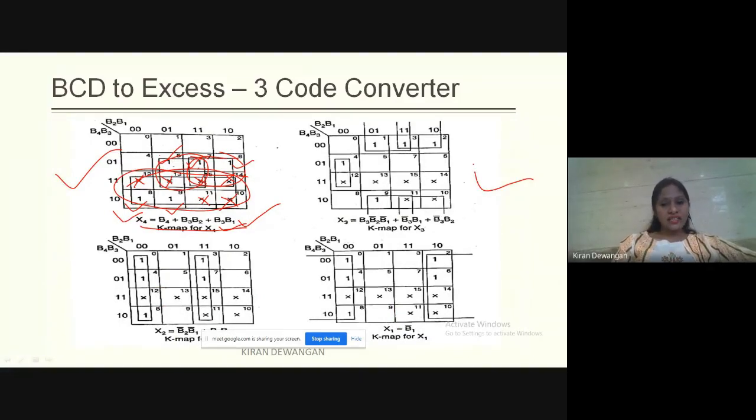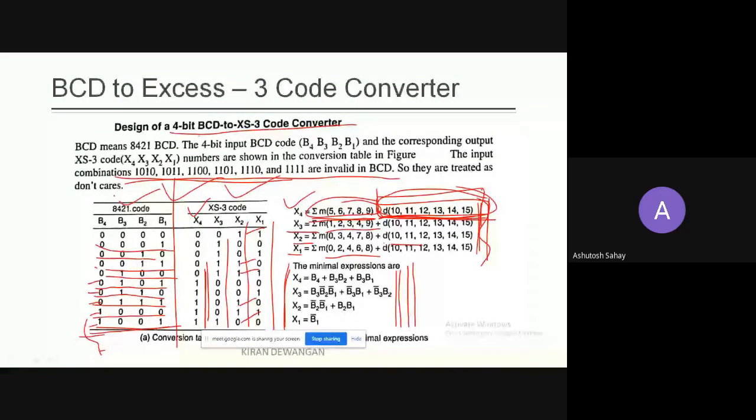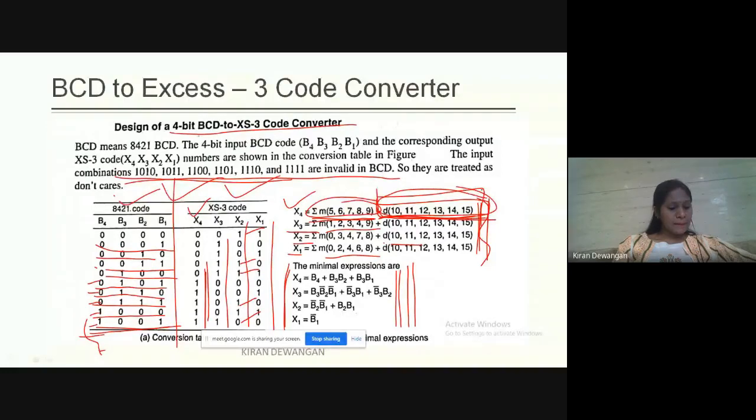But this is similar to what we did in the previous classes. I don't think I need to go through the K map explanations. Just reply fast, do I need to explain the K map? Does anybody want the explanation of the K map and how this expression comes? We have already done this. So I'm skipping this and moving further to the design part. So this is the expression that we have got. Clear? Yes, ma'am.